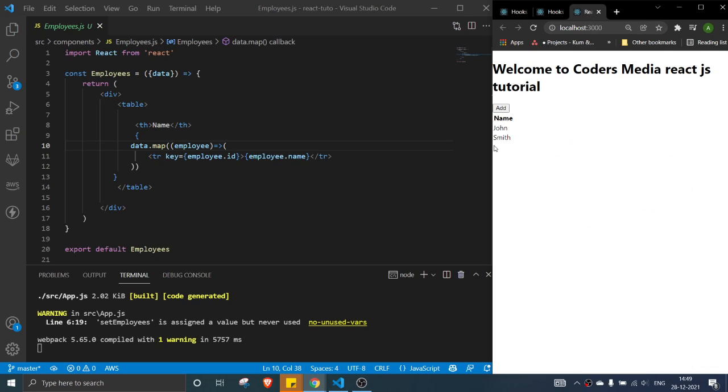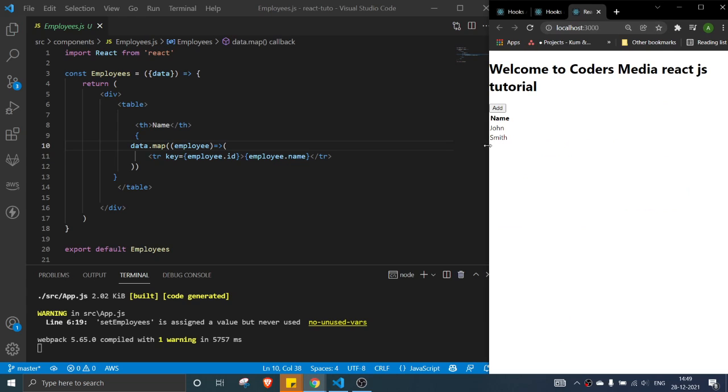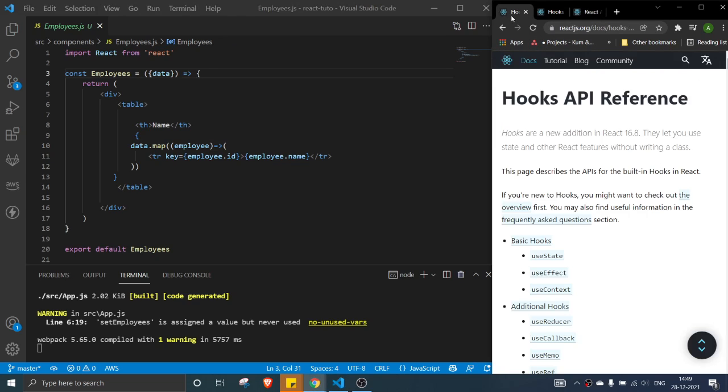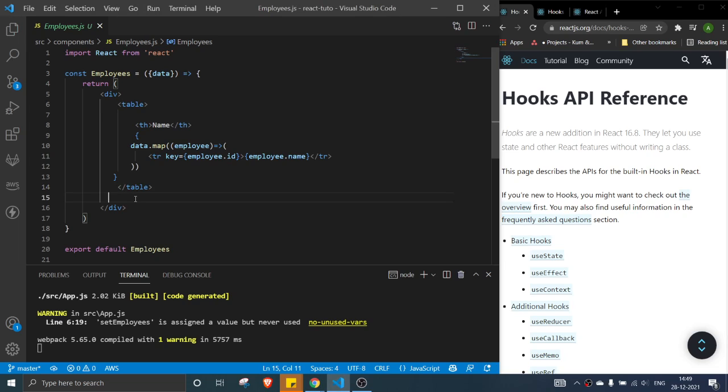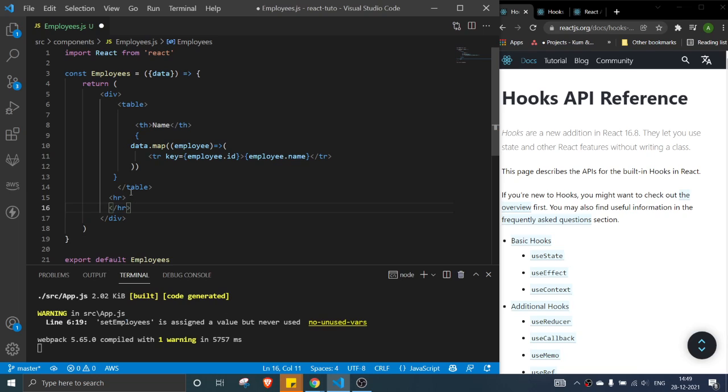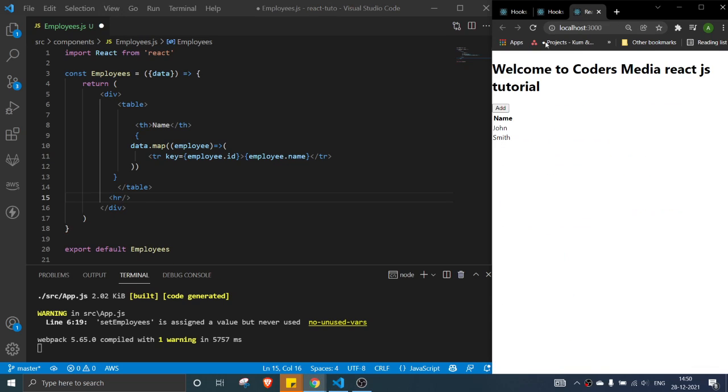In the last sessions we did things like local setup and listing the data. Today we're going to try to understand hooks. In this video I'm going to explain the useState hook.